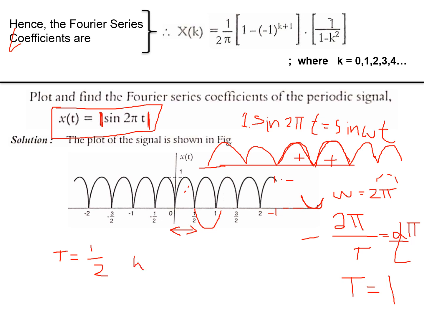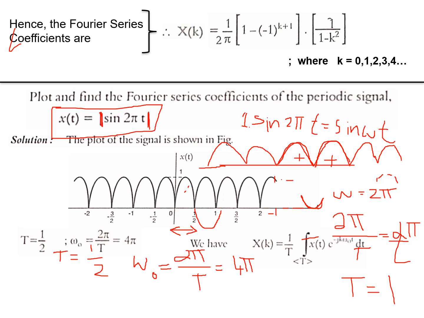Therefore the fundamental frequency omega, the formula is always 2 pi by T. So 2 pi by half means it will be 4 pi. The fundamental frequency will be 4 pi, twice the frequency of the normal sine wave. The full wave rectified signal will have the frequency 4 pi. A half wave rectified signal will have the frequency 2 pi in radians per second. Now it is 4 pi in this particular case. So T is equal to half, omega naught is equal to 2 pi by T, which is 4 pi. Okay, now the equation.